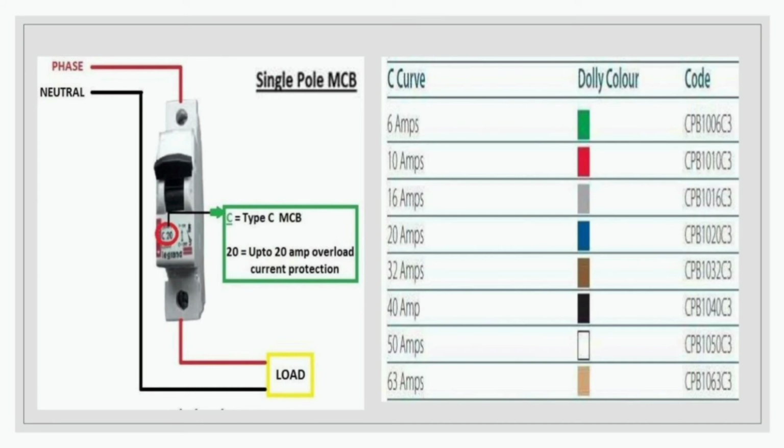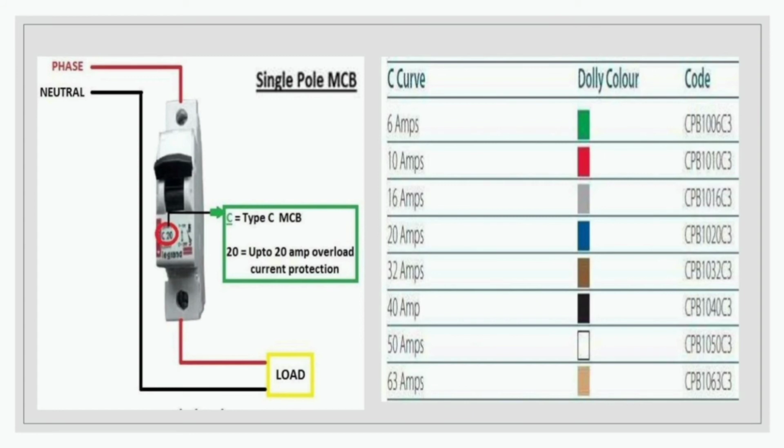If it indicates B, then that is a B type MCB. Beside that alphabet you can find a number like 6, 12, 20, 32. If you find 20, that means you are using this C type MCB for